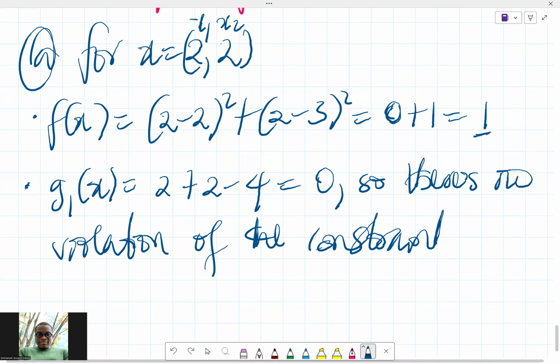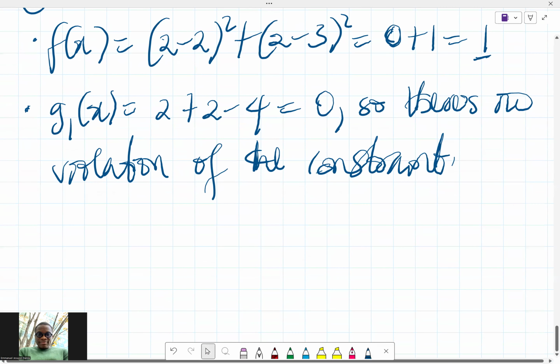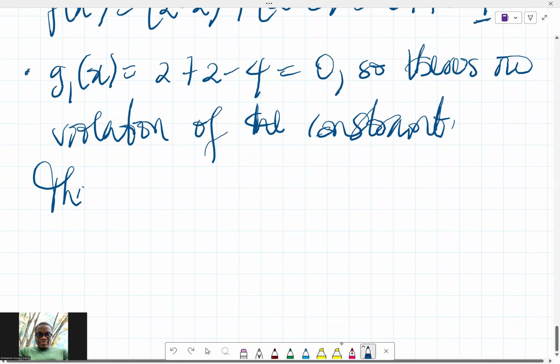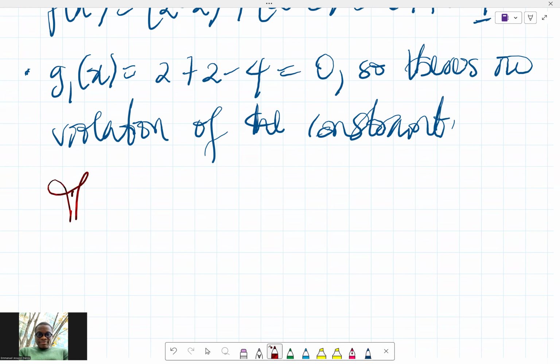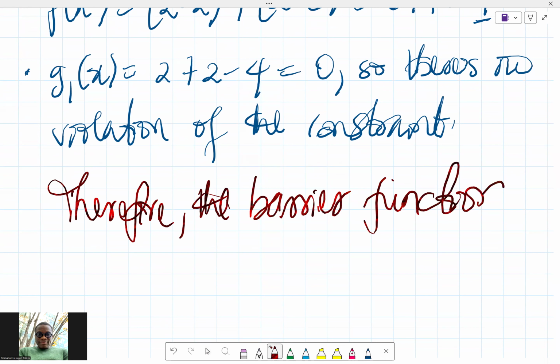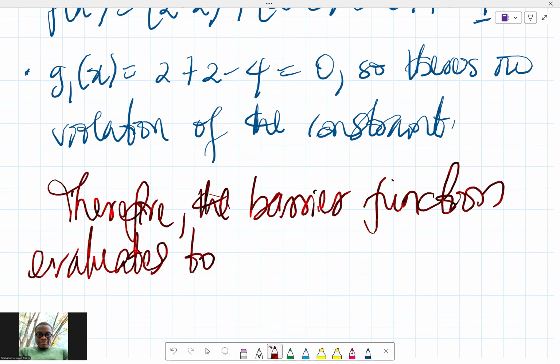Since there's no violation of the constraint, we can go right back and say, therefore, the barrier function evaluates to